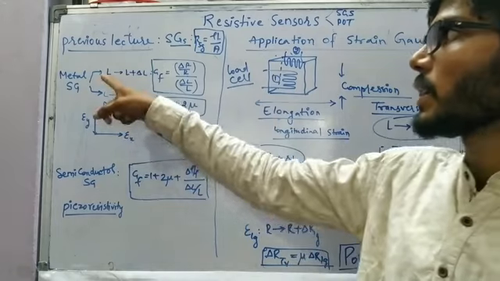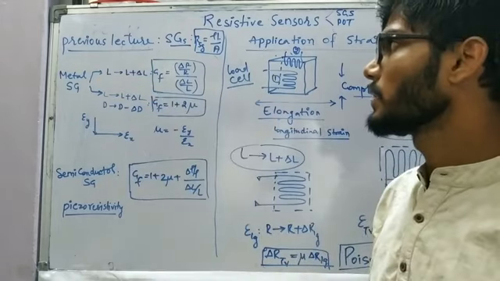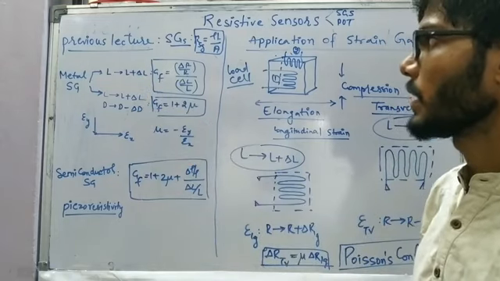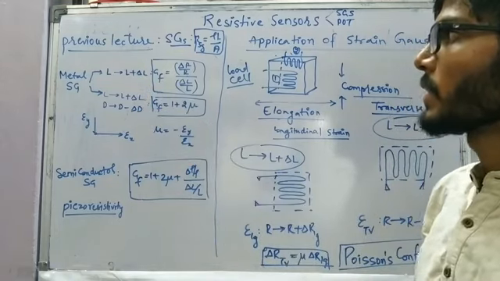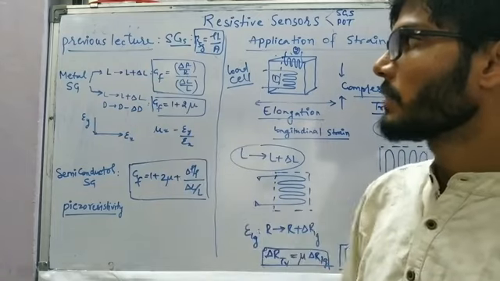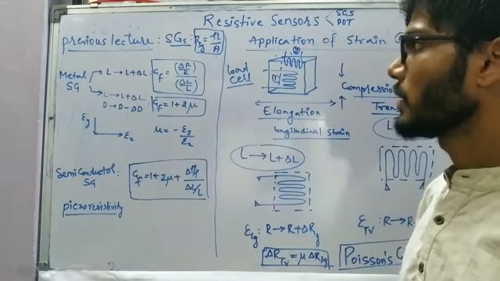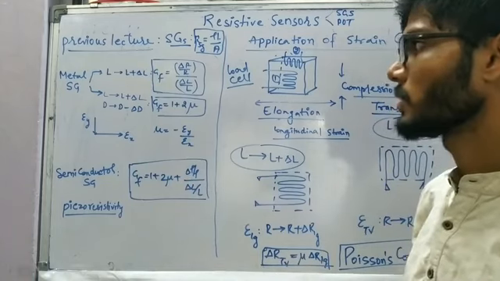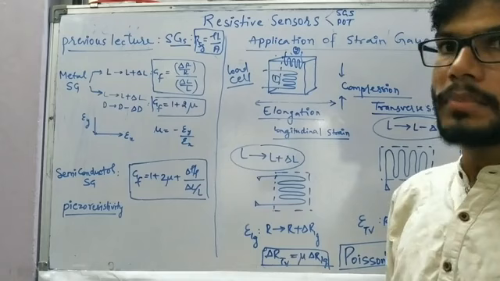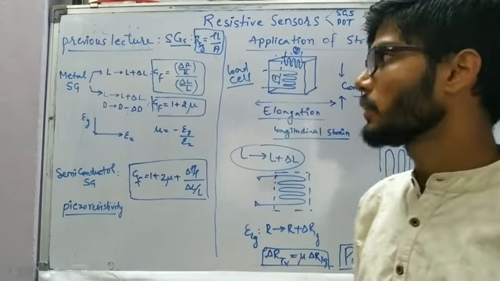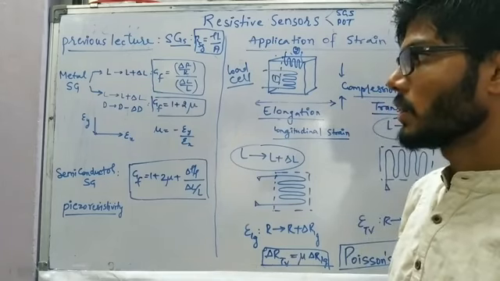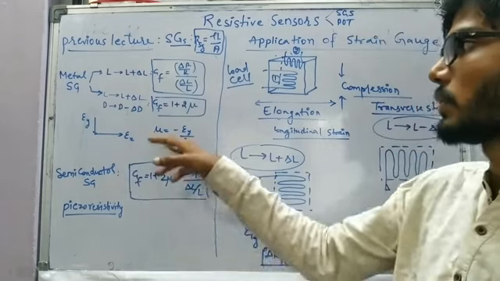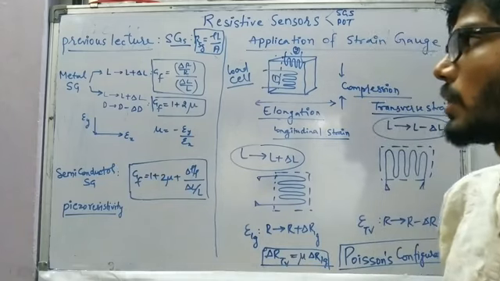Based on that, if we are considering only the change in the length of the resisting gauge, the gauge factor is going to come out as delta R by R divided by delta L by L. And if we consider the effect of the change in diameter also, then the gauge factor is going to come as 1 plus 2 mu due to the Poisson's law, because if we are applying a force on a per unit area, it is going to have two types of strain, in the x direction as well as the y direction. So due to that, Poisson's law is going to come into the picture.